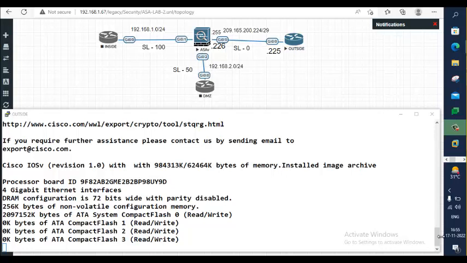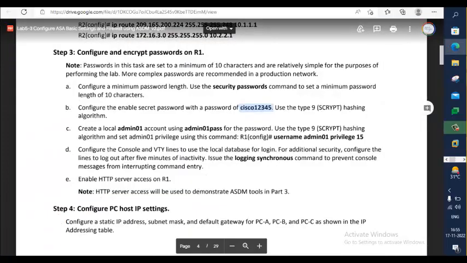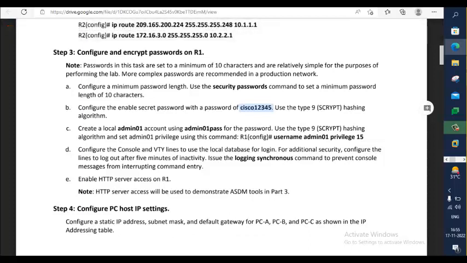Right, the router is getting ready. Once it is ready, we need to set the IP address first. Meanwhile, let's go to the task and see. I need to set one password, which is for the user mode, and then the enable mode password, and then